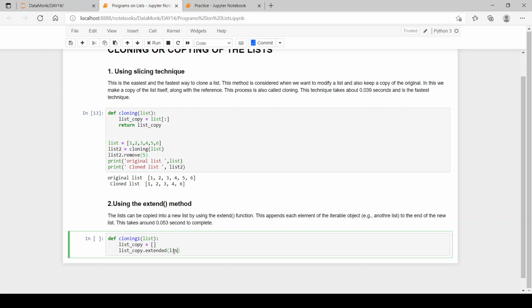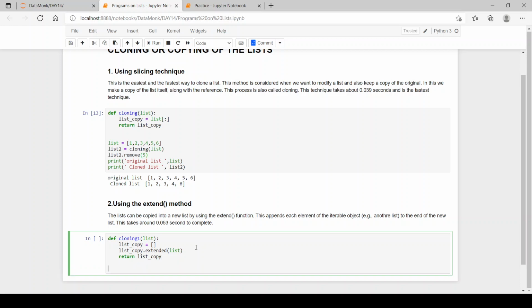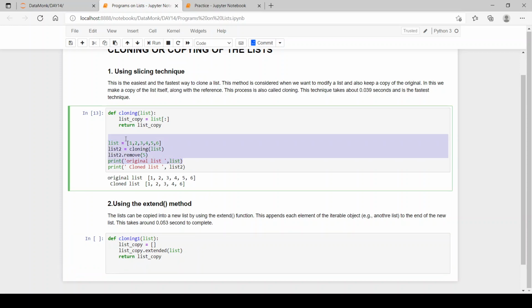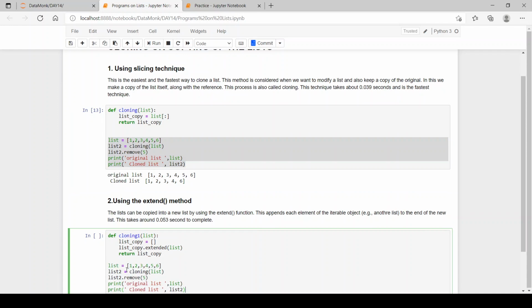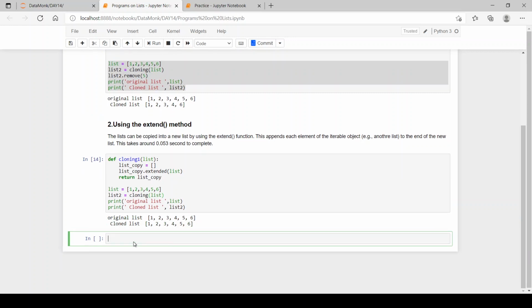So let's write here list_copy.extend(list), so the list will be extended into this list_copy. Now let's return our list_copy. Now here we can just have the same code and paste it. We'll delete this. So yes, the original list and cloned list are the same.